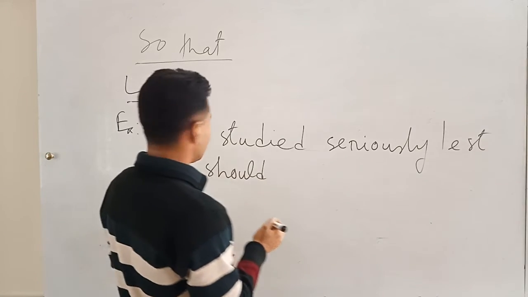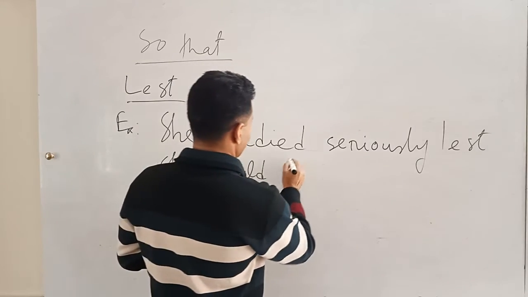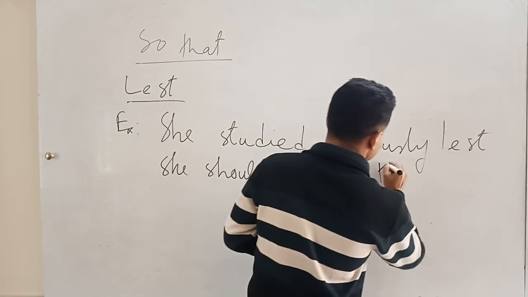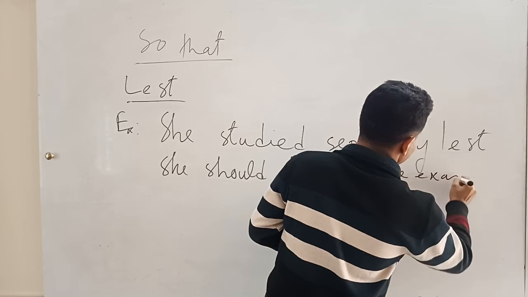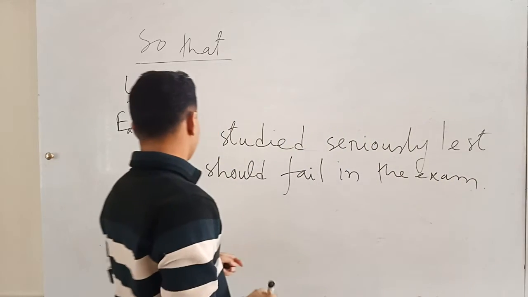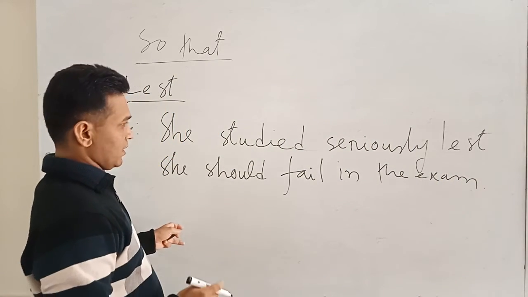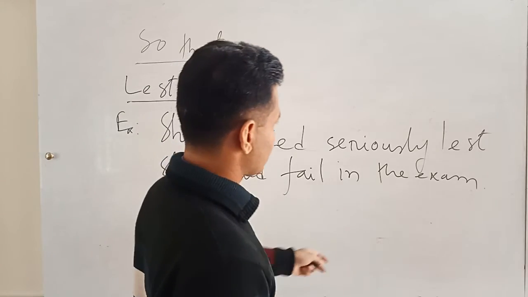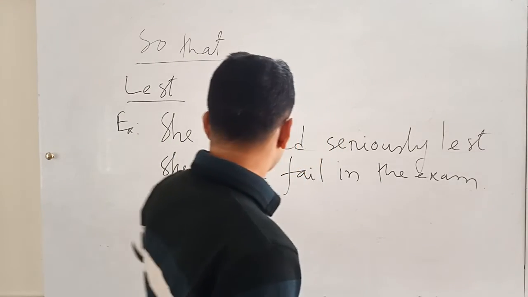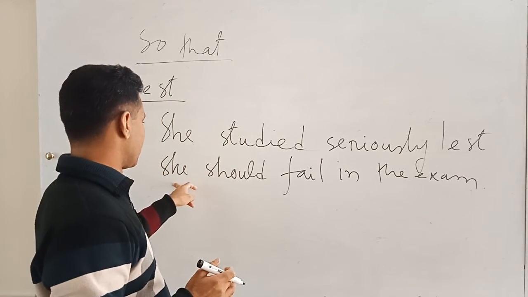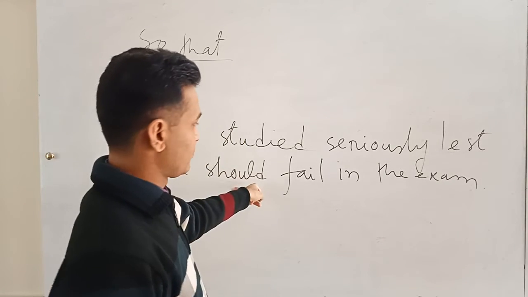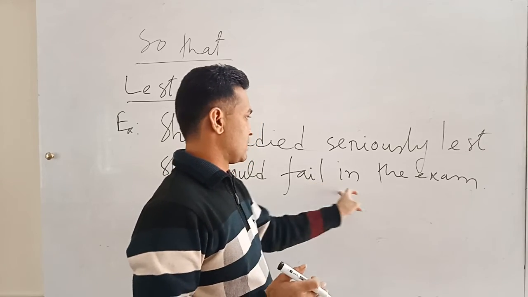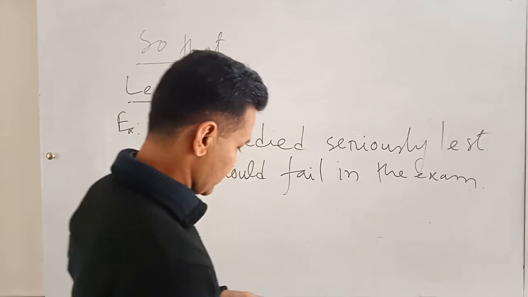She should, lest she should fail in the exam. Okay. So if you complete a sentence containing lest, you have to use the subject after lest and then should and then the base form of the principal verb and then extension. Okay,